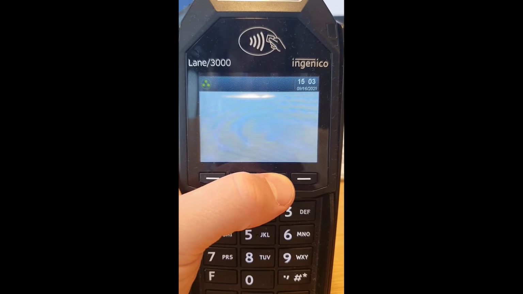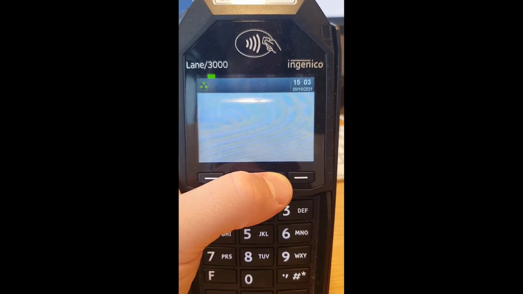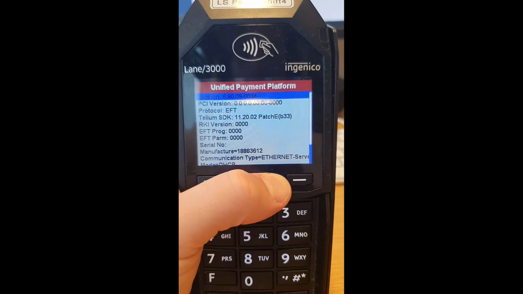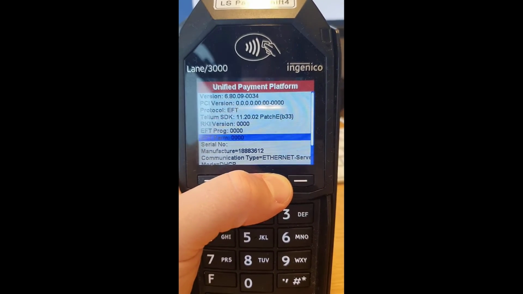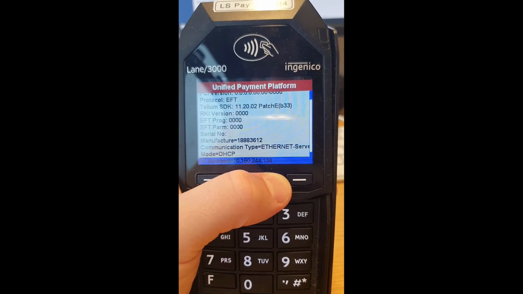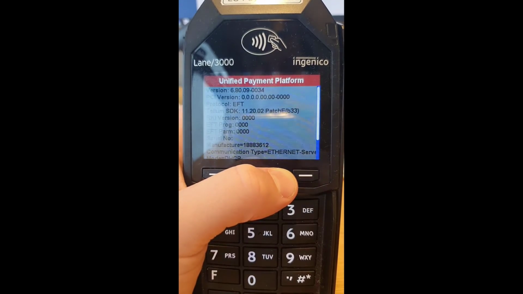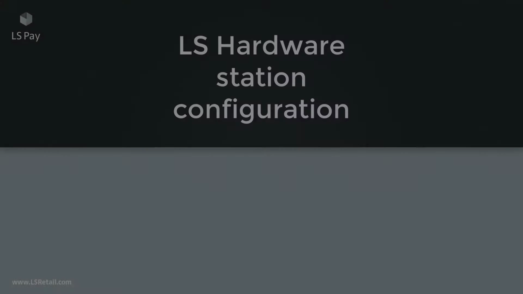At this point, I'm assuming that you have already installed the Atlas Hardware Station and the Shift4 UTG2 service on your local machine. The Shift4 service is used to communicate and configure the terminal. To get the IP address of the terminal, you will need to restart it and scroll down in the menu when the terminal is booting up.